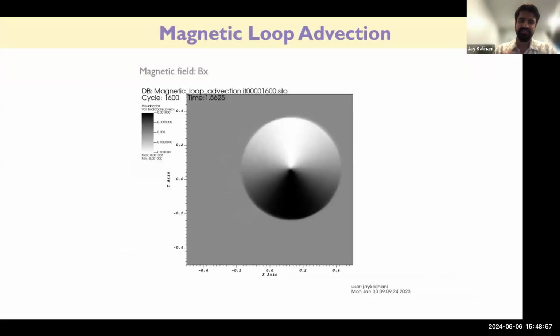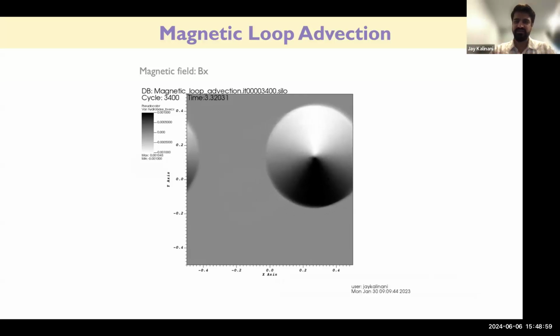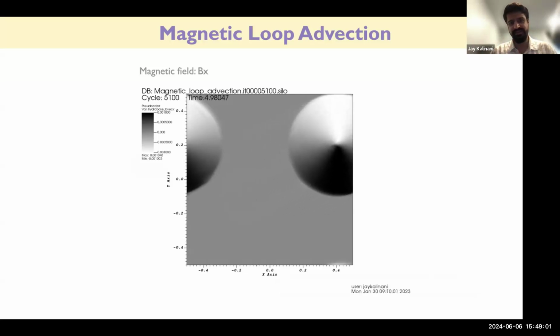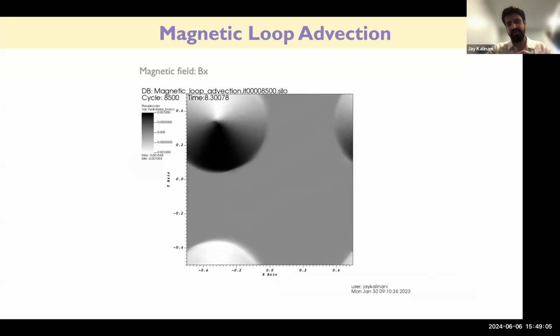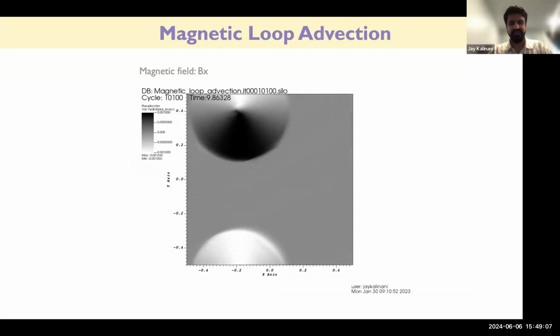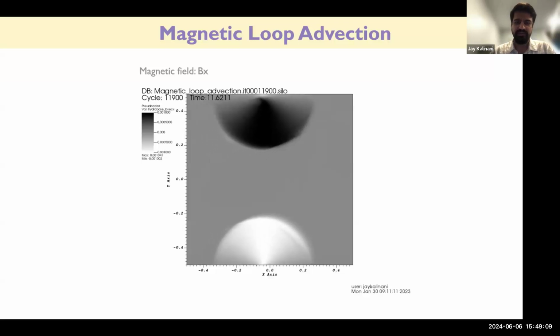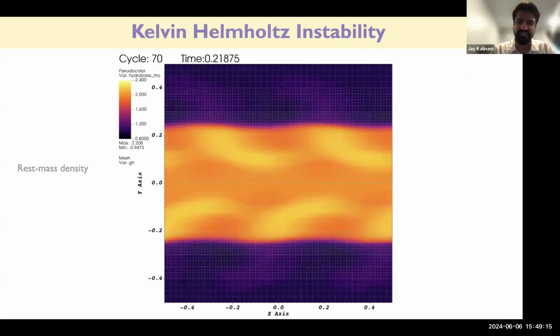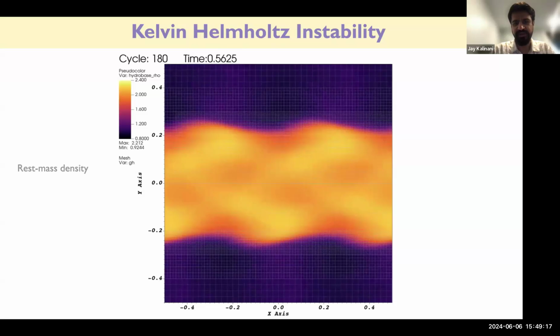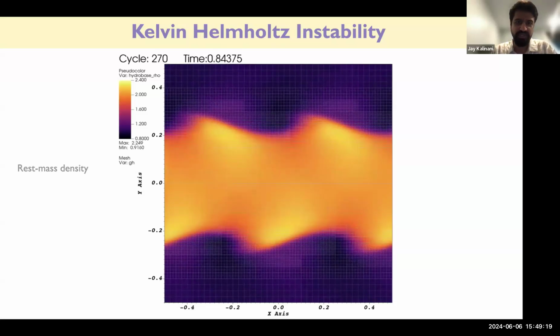The third one is, again, a loop advection test. This also checks if the code works well with the periodic boundary conditions. So here you see that the loop, a magnetized loop, is being advected across the domain, and it seems to perform well too. The next 2D test was to also play a little bit with this block structure AMR, which